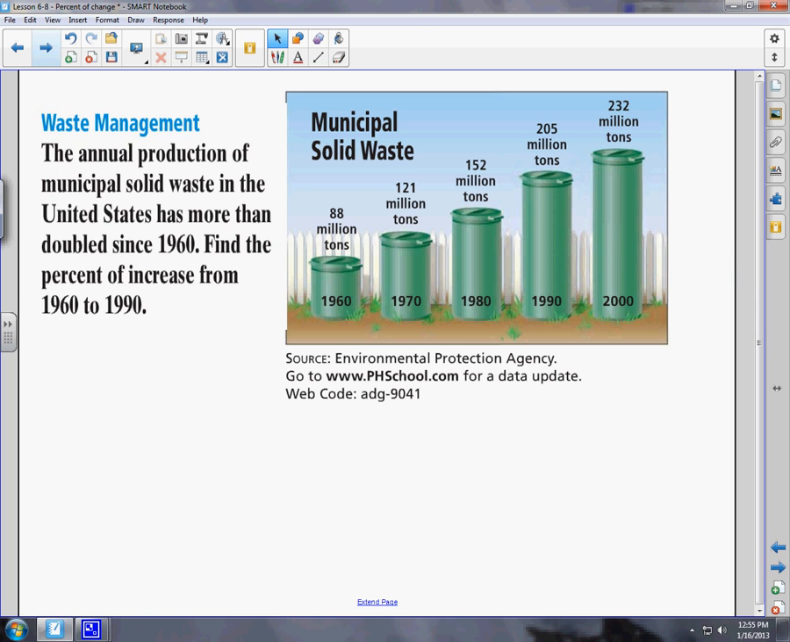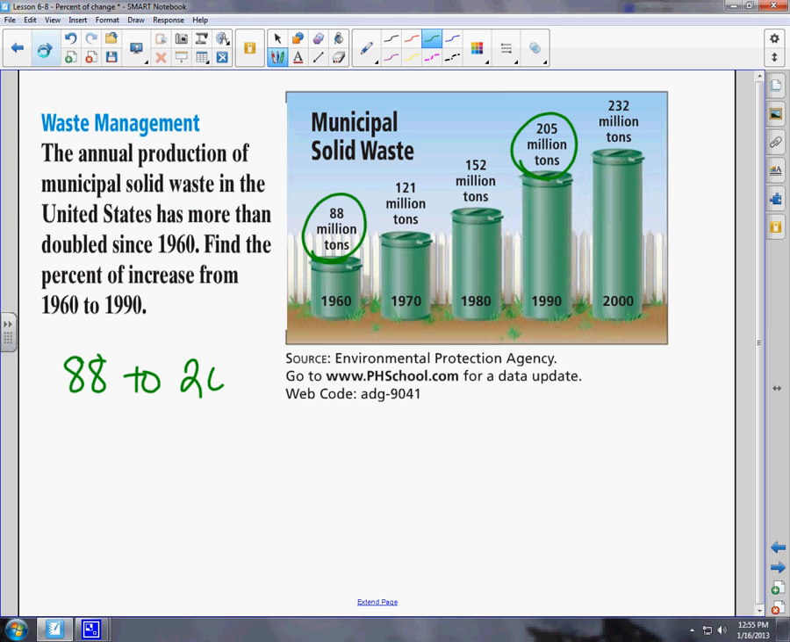All right, here's a story problem. Waste management. The annual production of municipal solid waste in the United States has more than doubled since 1960. Find the percent of increase from 1960 to 1990. So if I want 1960 to 1990, I have to write those two numbers down. So it went from 88 million tons, so that's 1960, and then in 1990 it went to 205. So I'm trying to find the percent of increase. So I subtract these, 205 minus 88, it went up 117 over 88